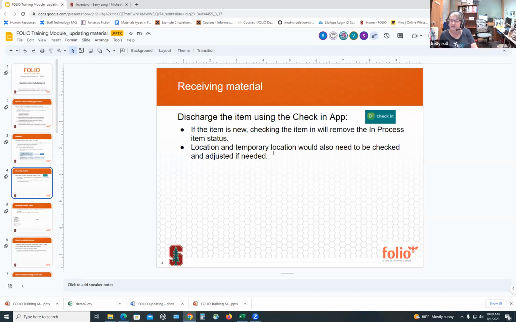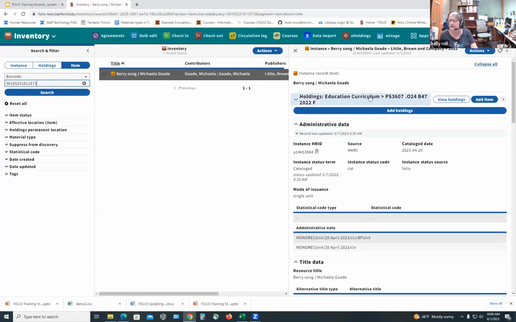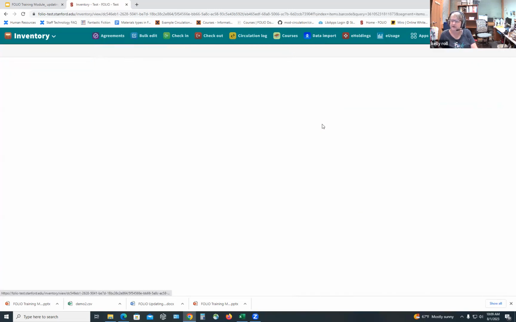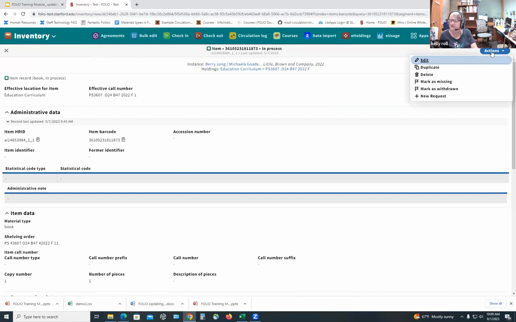If it's a new book, once again, you're going to have to check all your bibliographic information. And just switching very quickly back over to Barry Song, I have not yet checked this in, so you can see the status is still in process. If I were to discharge this, that in process is going to disappear. And then there are things that I need to check